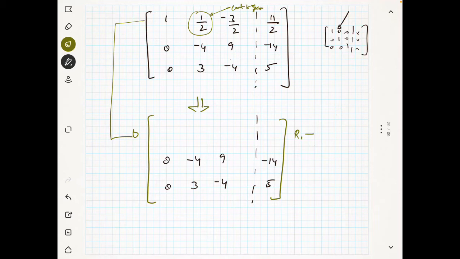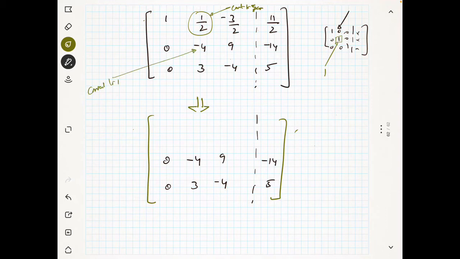I will change my row 2 also. Okay, I will change my row 2 first. So for making this, I will first change my row 2, because in row 2 I need this as 1. This is 1, you see, this is 1. So I want to convert this guy